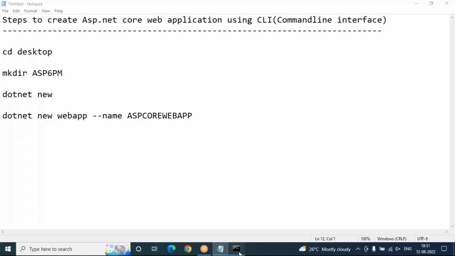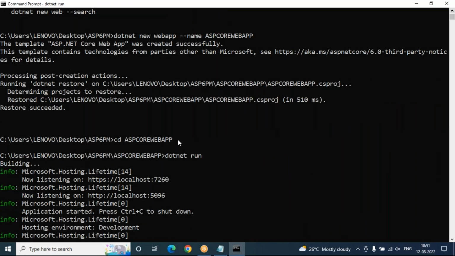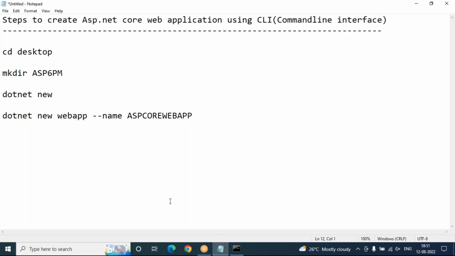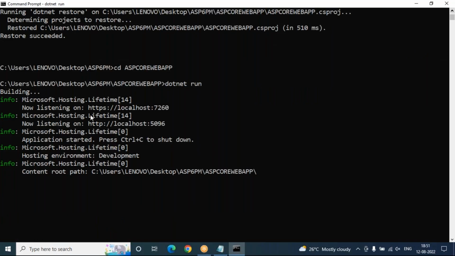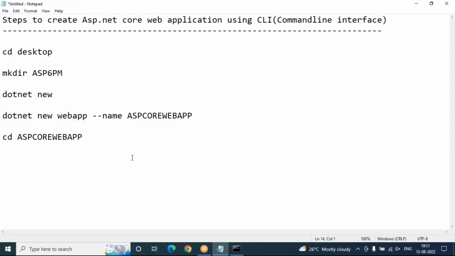After that, if you want to run this, you have to move inside your application. To move inside the application, we use cd space web app. Let's move to this, and to run it, we can copy this, go to the browser, paste that and hit enter. Okay, now you can see, to run the application,